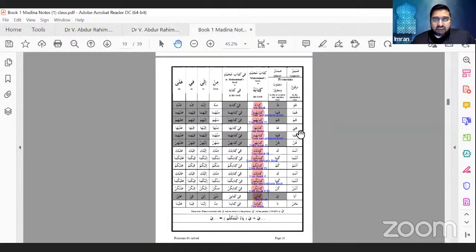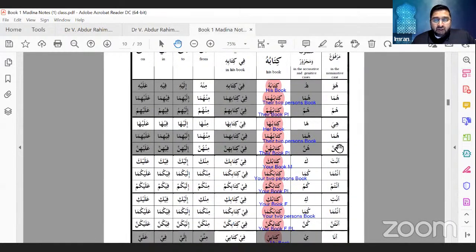So I'm just starting this: huwa, huma, hum. You need to learn this. Kitabuhu, kitabuhuma. You need to learn all of this, and I'll give you 3 examples. The one will be qalam, the other one will be imam, and the third will be mudarris. These three words, I want you to write them down and write the actual nouns with them and translate it,